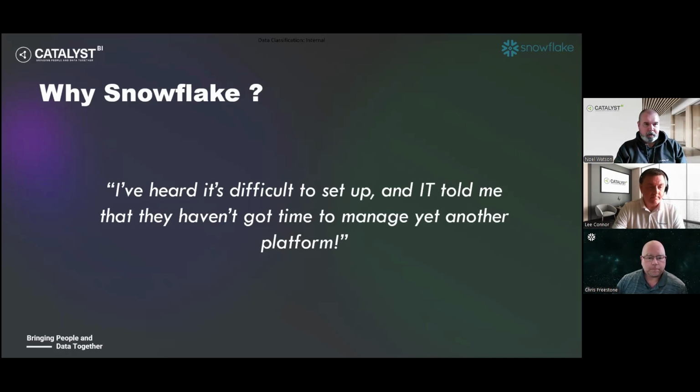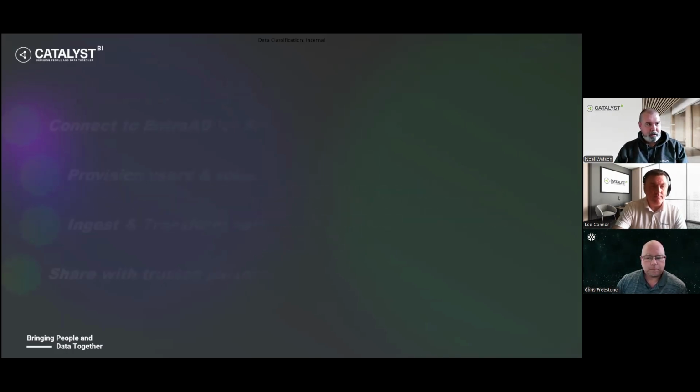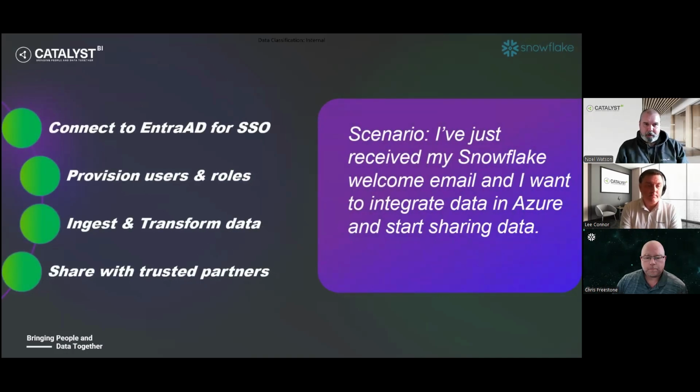So that's what we're going to try and demonstrate today: a scenario that we start from first principles. I've just received my welcome email. I'm already active in Azure. I've got an Entra AD. We've got maybe a CRM system where we're doing exports of data into our cloud storage, and I want to be able to import that and use that and share that with trusted partners. So, without further ado,